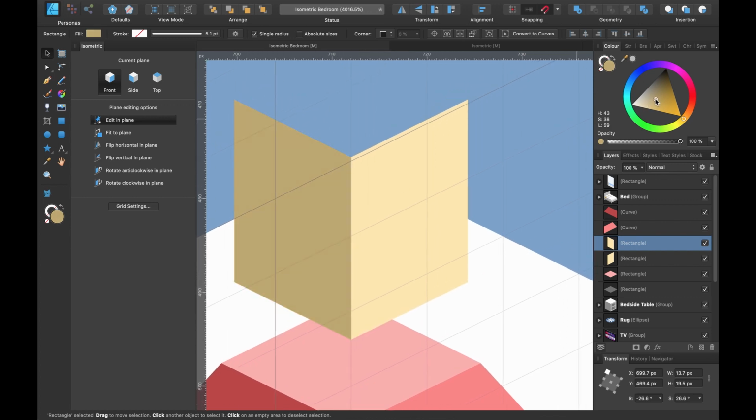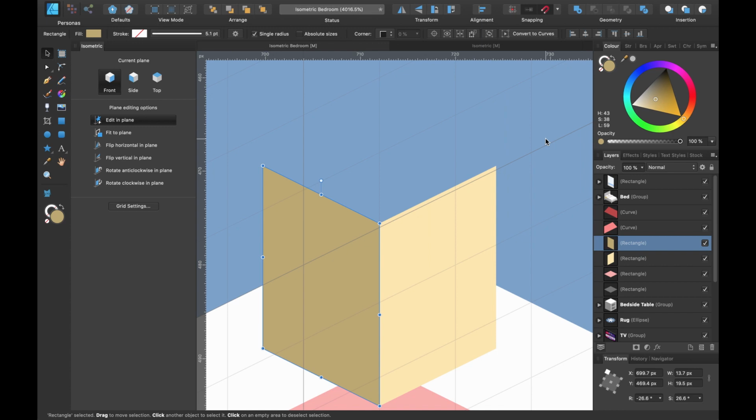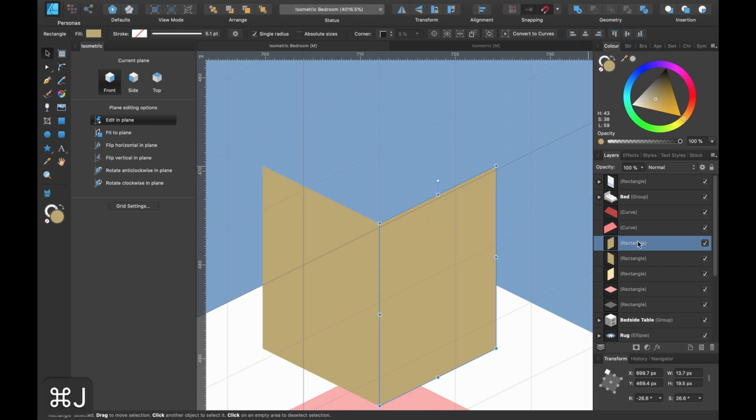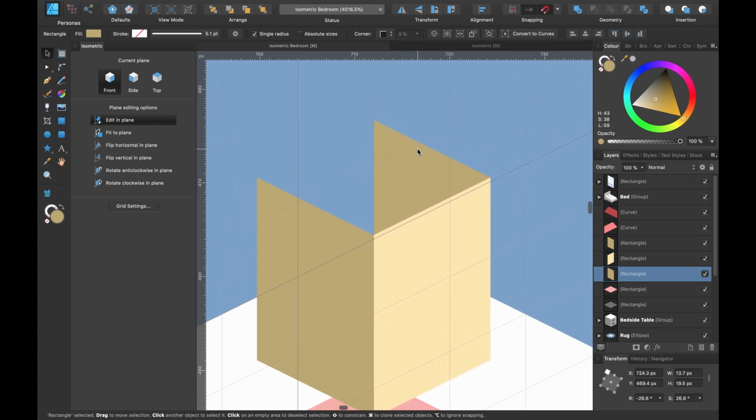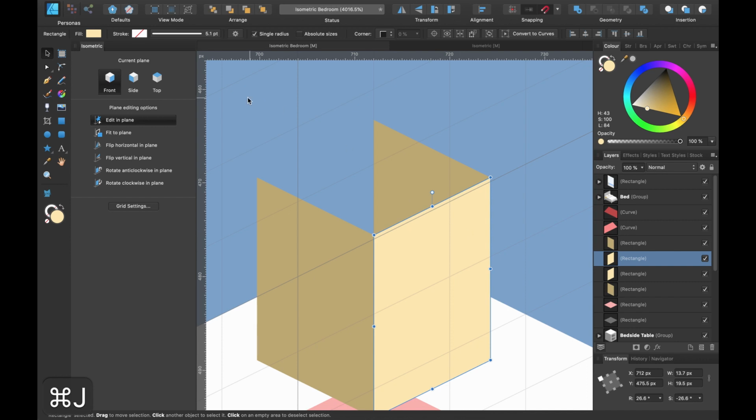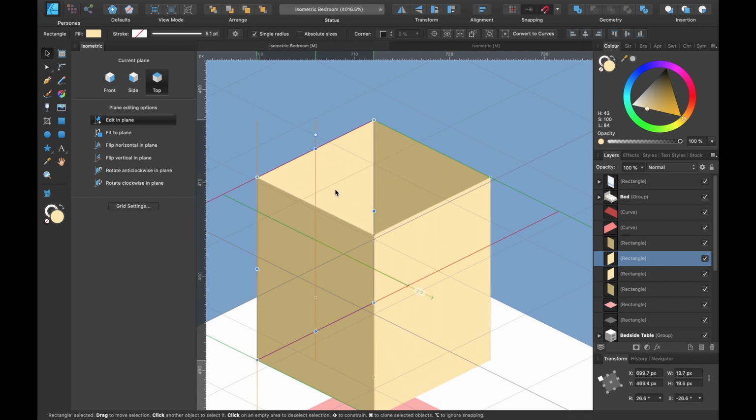Make this slightly darker on this side, and we'll Command J to copy that again. And we'll drag it underneath. Press V, the move tool. We'll just drag it up. Oops. Let's flip that again. And we'll line it up like so. Again, we'll copy this one. Command J. And I'll just click on top. And then if I hold my finger on Shift, I can drag it out like that.